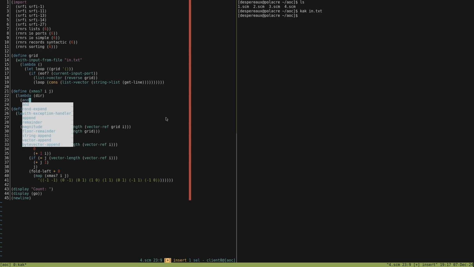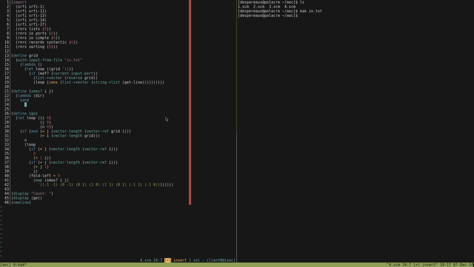So we want to know if all of these things are true. Yeah. Because we need to check the bounds as well. So we'll start with the easy one. We want to know if vector ref I